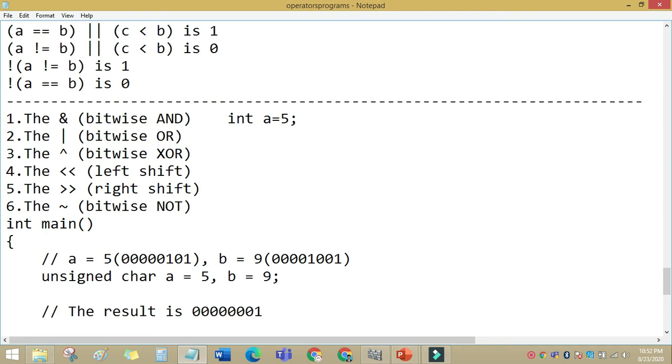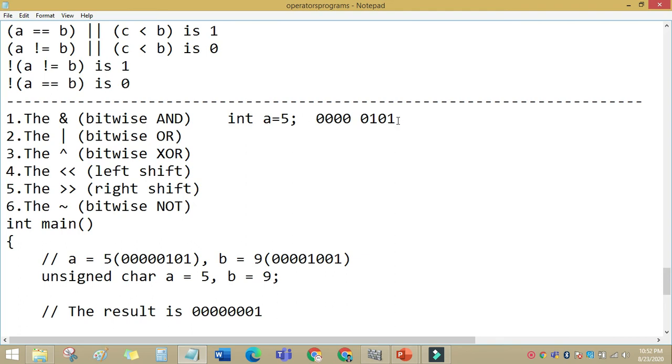But it always executes with an 8 digit binary value. All integer values are converted into binary. So here are the 4 digits, and I am adding another 4 digits, 0000. So this is the correct binary value of 5.